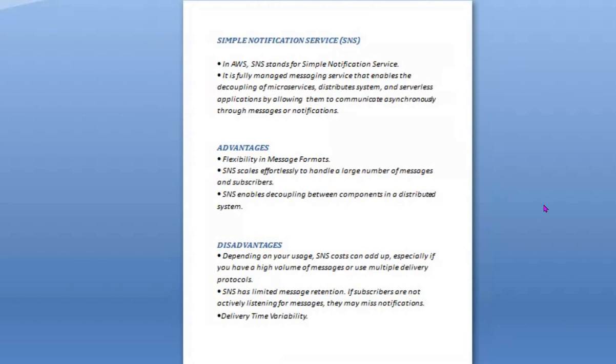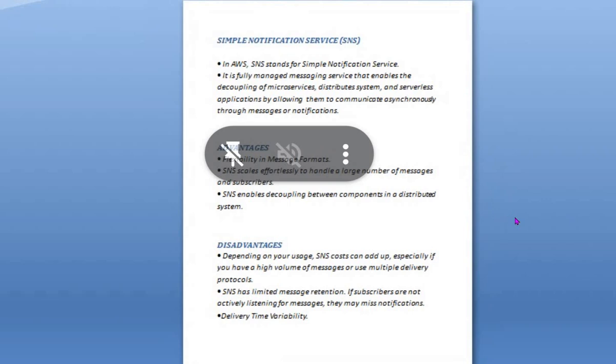It's a managed service that provides message delivery from publishers to subscribers. It enables decoupling of microservice, distributed system, and serverless applications by allowing them to communicate through messages or notifications. Advantages of SNS: it is very flexible in message formats, it enables decoupling between components in a distributed system, and it scales effortlessly to handle a large number of messages